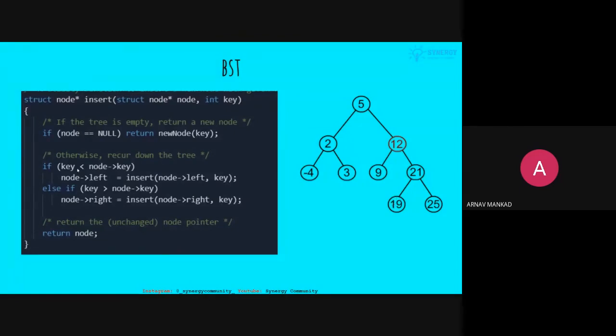And if the node is not null, we then see if the key is less than the node's data, then we go to the left subtree: we pass in the left subtree in the recursive function and the key itself, else we pass the right subtree and the key itself, and we finally return this node. Okay, so this is how we insert in the binary search tree.